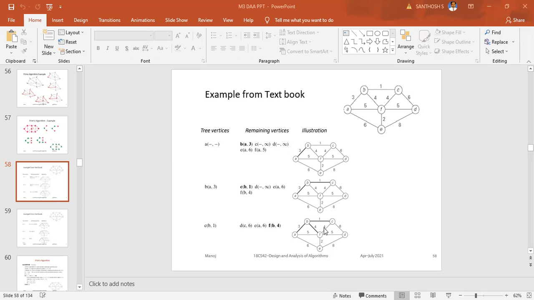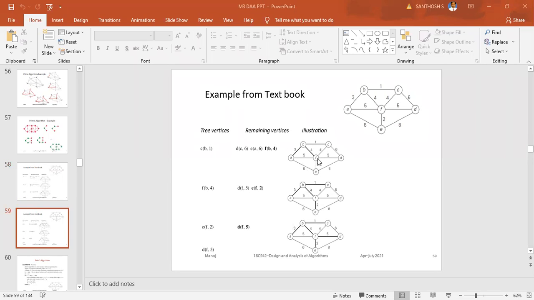So F reachable through C has the same cost as through B. That's why you are not going C to F. So I have written it as F B comma 4. Through C, which is reachable, you would take F B comma 4, but since both have the same value, you are going with F through B as 4 only. So write the path F to B as 4.